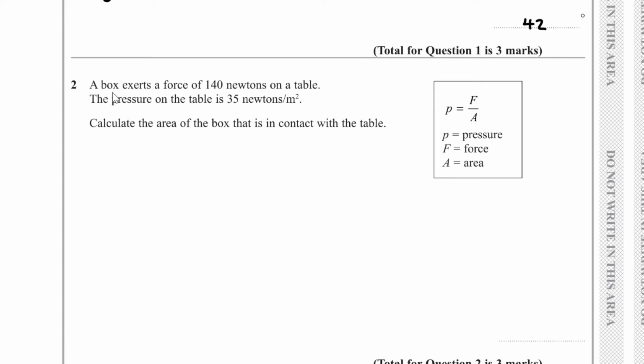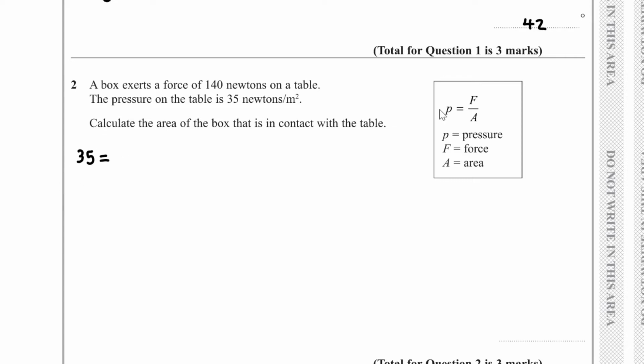Question 2. A box exerts a force of 140 newtons on a table. The pressure on the table is 35 newtons per meter squared. We have to calculate the area of the box that is in contact with the table. So here we've been given that pressure is equal to force over area. Now we know the pressure is 35, so we have 35